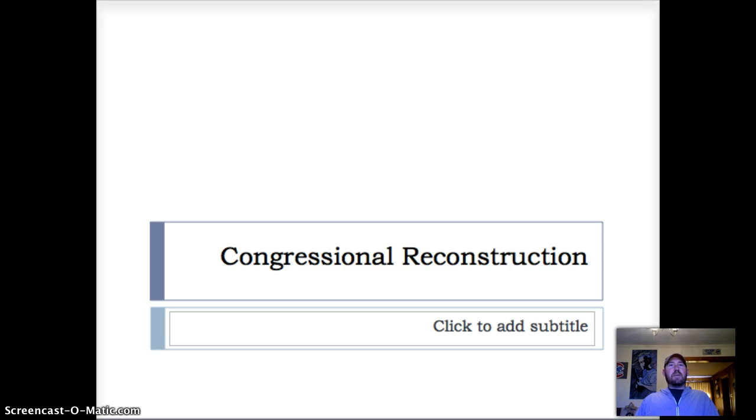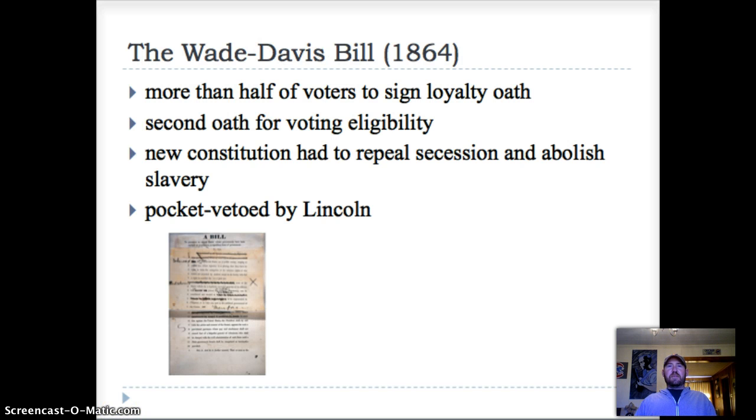So they're going to come up with a plan that goes a lot further than what Lincoln or Johnson, either one, proposed. So the first response we're going to look at to presidential reconstruction is the Wade-Davis Bill, which came out as a response to Lincoln's 10% plan. Now, it built on the components that Lincoln proposed